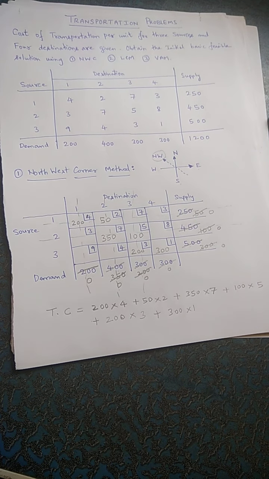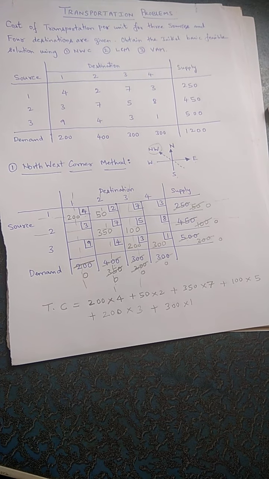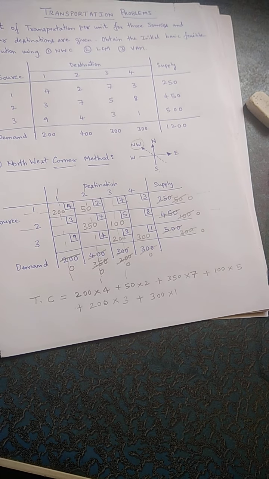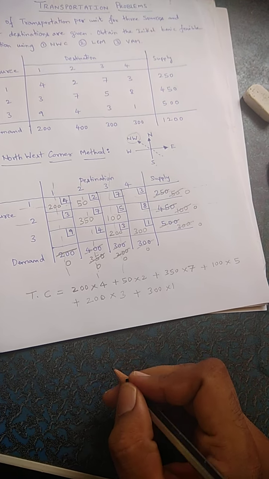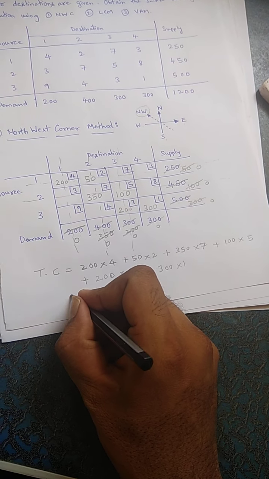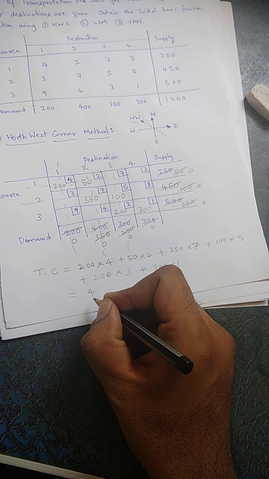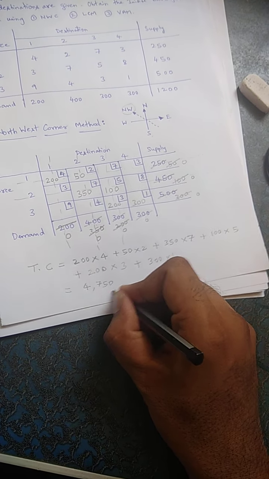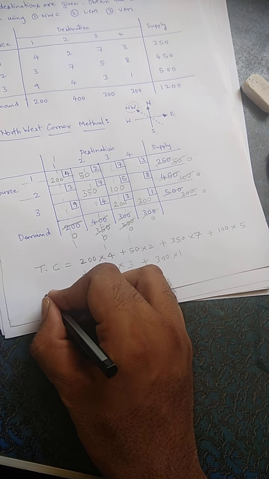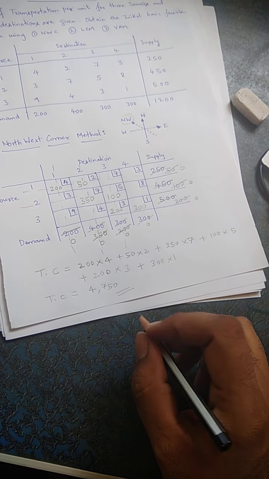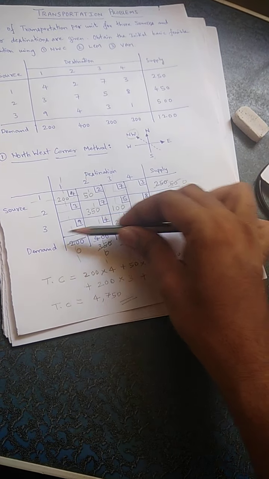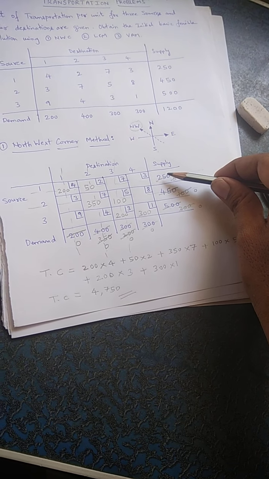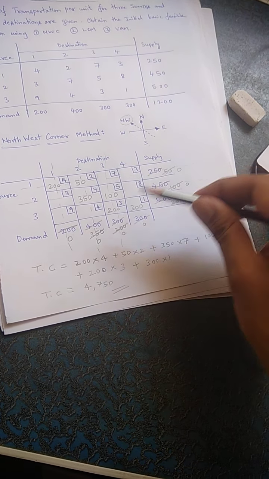When you multiply and add all this, you will get a total of 4,750. That means the total cost using this method to ship all these items from sources 1 to 3, which have a supply of 250, 450, 500, to the destinations 1, 2,